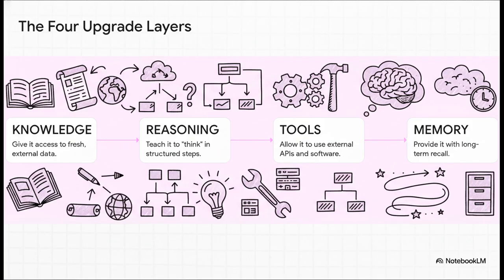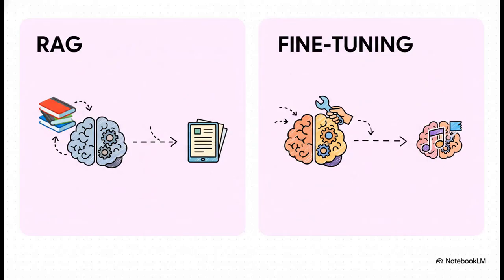And finally, you give it memory for long-term recall. A great AI product isn't just a base LLM. It's a whole system built from these 4 powerful layers. Now, this leads to a huge architectural decision that you, as a product leader, will have to face: RAG versus fine-tuning. But it's actually pretty simple. If your product needs new knowledge, you use RAG to go get external data. If you need it to learn a new skill or adopt a new style, you use fine-tuning. Just knowing which tool to use for which job is a total game changer.